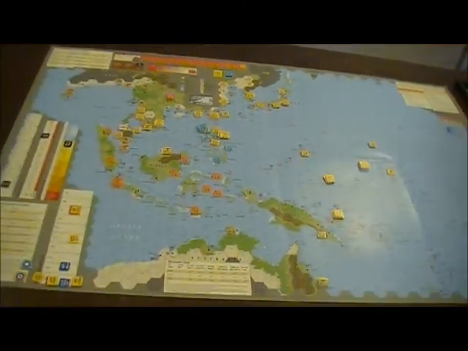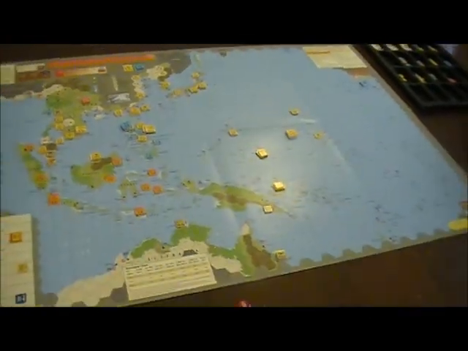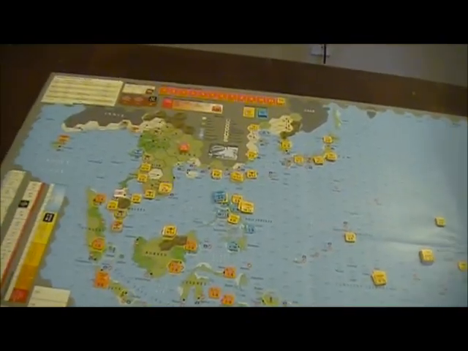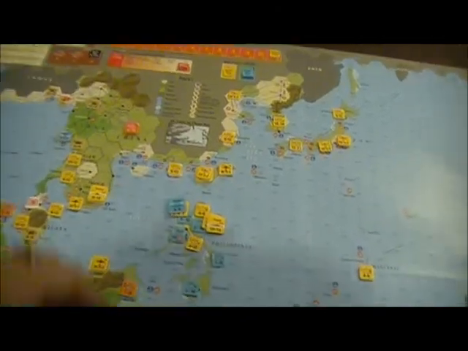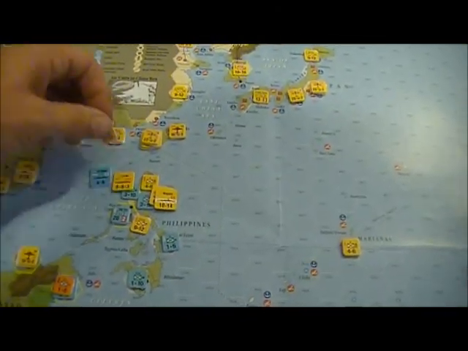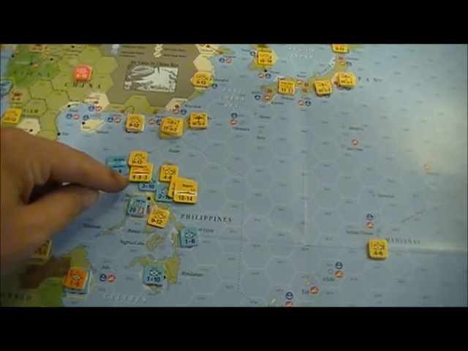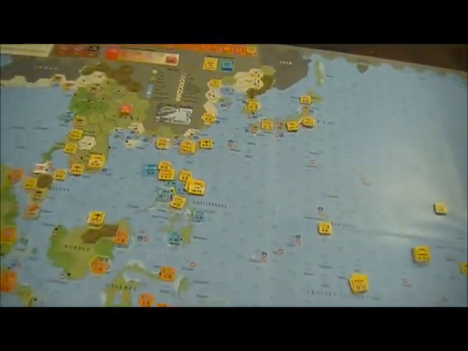Alright, and here I'm taking this in a lot of detail. I probably won't do this much, but I think it'll help both me and maybe someone else learn the game. Okay, so let's take the naval battle here. It's going to be simultaneous because it's not a surprise situation. The Japanese have a total of 30 naval points,